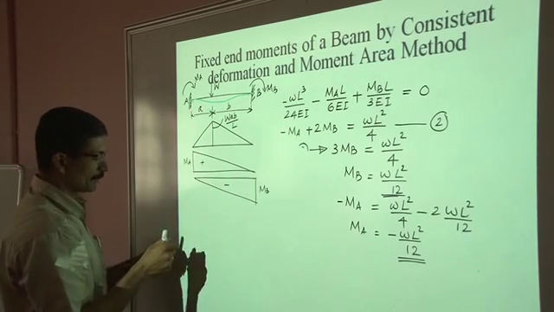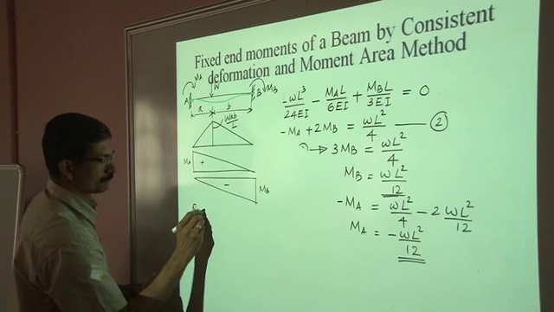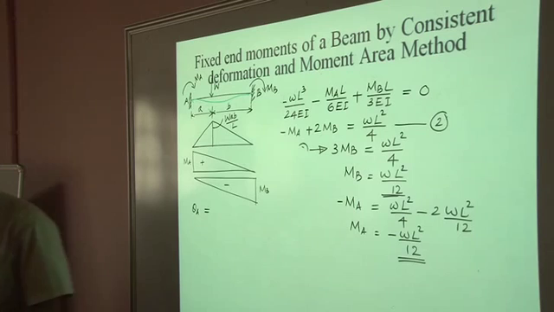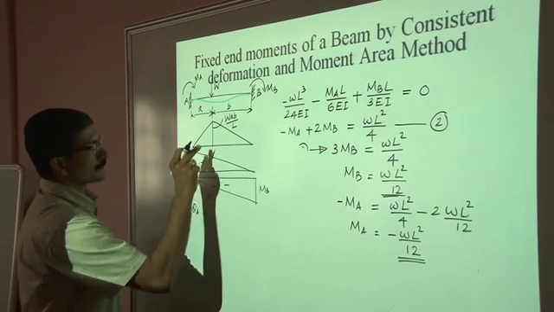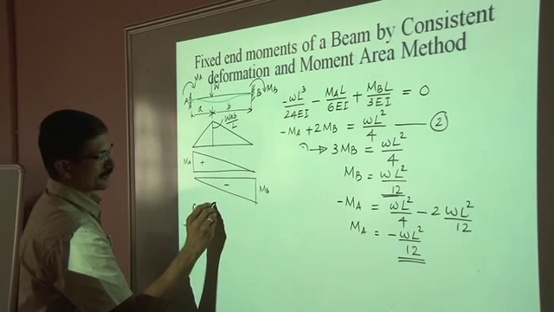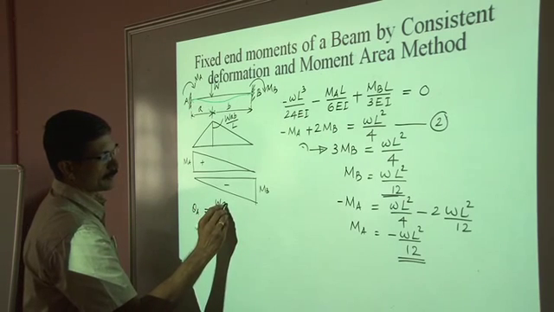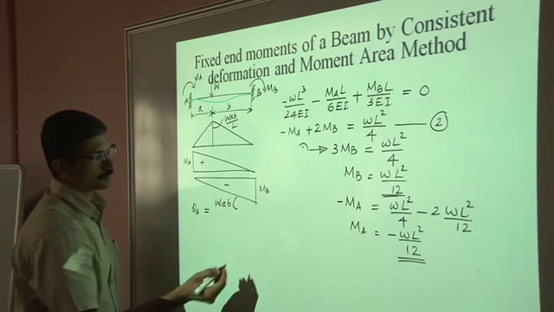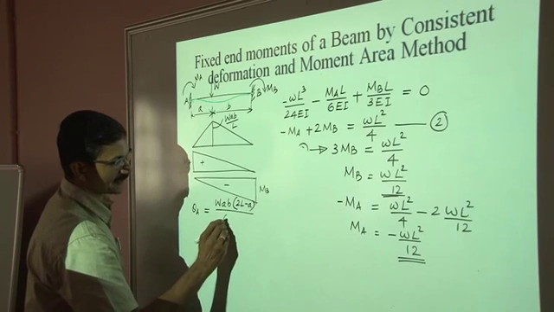So slope here is given by the slope due to this one that is given in the previous discussion. This is W A B into 2L minus A divided by 6EIL